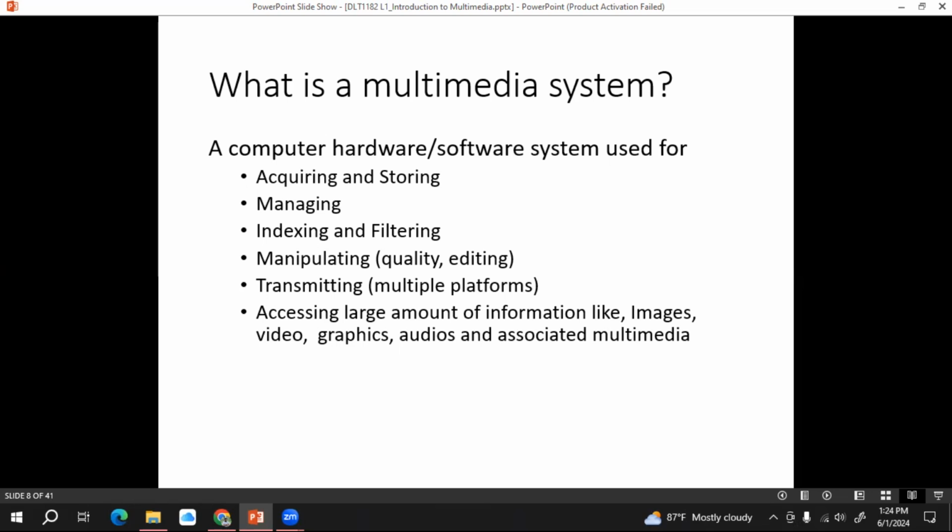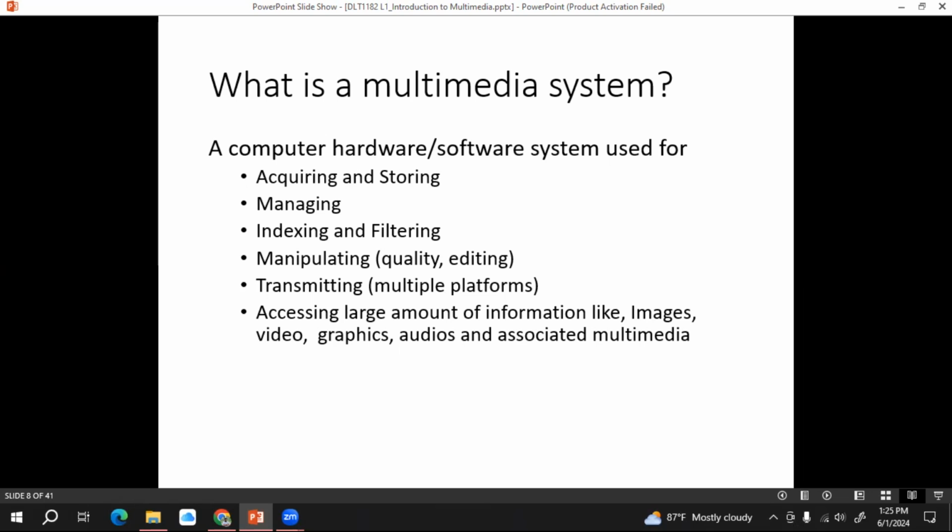Right, acquiring and storing. Acquiring and storing means if it is a good multimedia system, it should have the ability to store something and access that resource, access that data, right? For example, let's say YouTube. YouTube has a big storage on their servers.